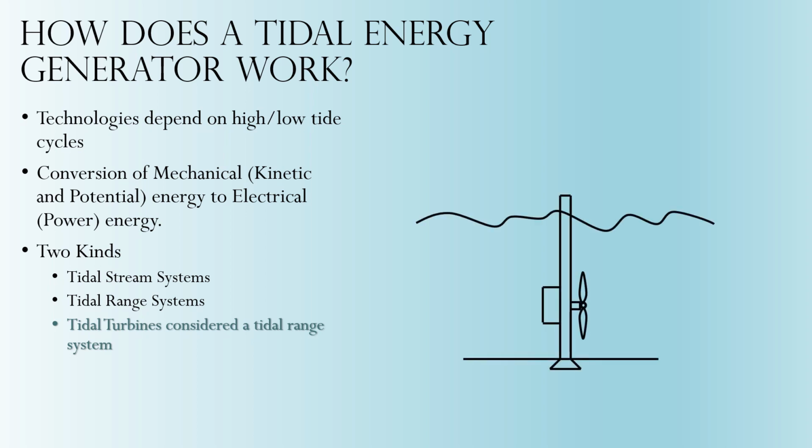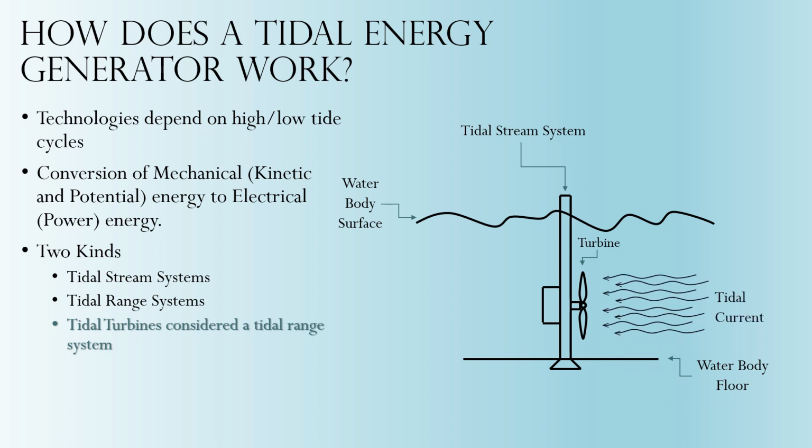To the right of the screen, we can see a simple sketch of a tidal turbine, which would be considered an example of a tidal stream system. The turbine is placed below the surface of the water, and the base of the turbine is buried beneath the water body's floor. As the tides change, the tidal current begins to push against the blades of the turbine, causing it to rotate and generate energy, which is then converted into power and stored in a designated location on the